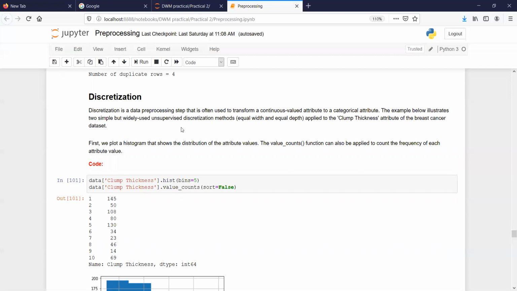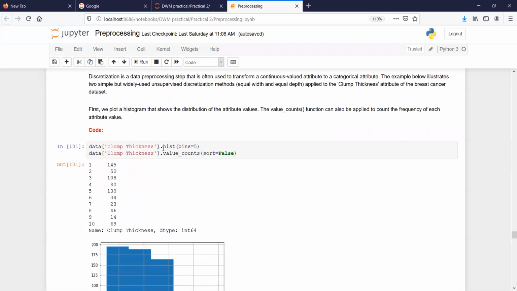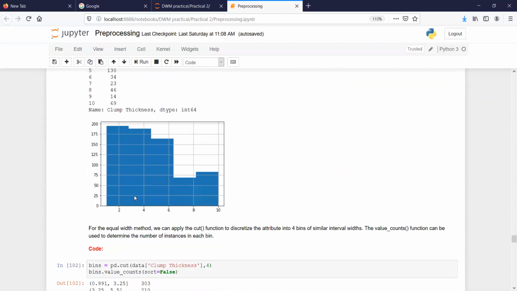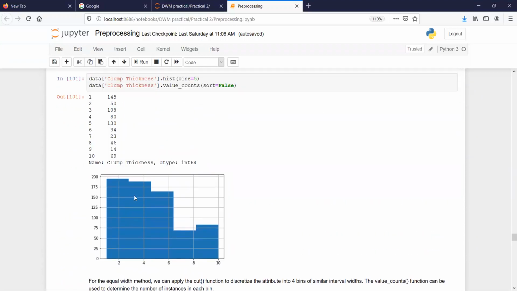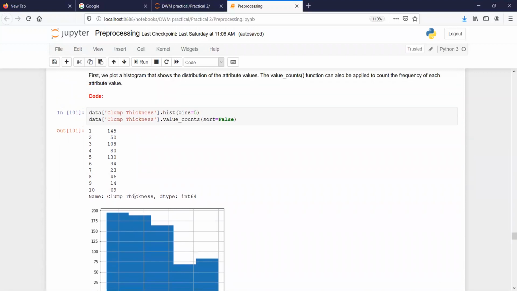In this case, we continue with the same breast cancer data set. We have clump thickness, and you tell it to make 5 bins, and automatically it makes the 5 bins, and in each bin you find how many entries there are. All this information you can get.